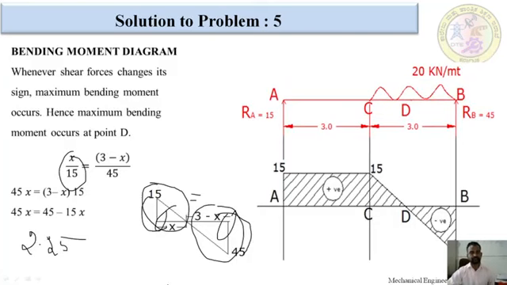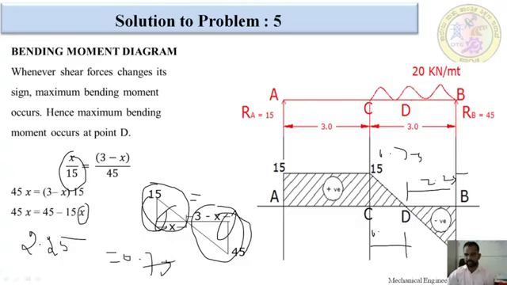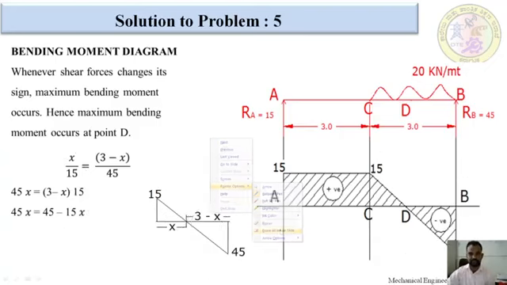Okay, from here to here we got 2.25, and this value we got 3 minus 2.25 is equal to 0.75. The x value we got by calculation is equal to 0.75. This distance from here to here we are having 0.75, and from here to here we are having 2.25. Why would we have 2.25? 3 minus 0.75 is the difference, which is 2.25. Okay, up to here we have studied and understood, I guess.